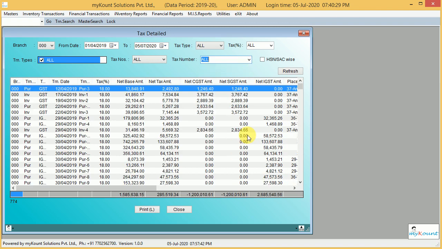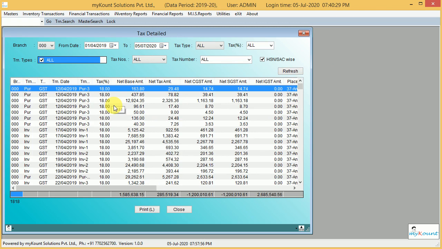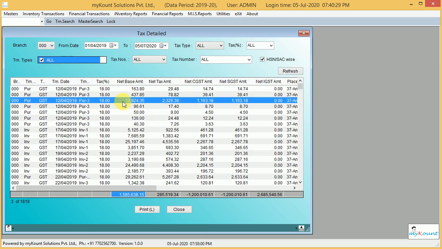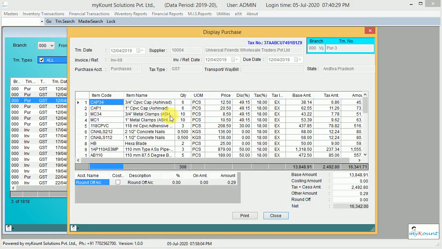Here in new GST returns, there is one more parameter being added, that is HSN wise. So by clicking this, invoice can be split into HSN wise. Earlier it was separating only tax wise. Now tax plus HSN wise it will separate. So here by double click we can see the transaction.